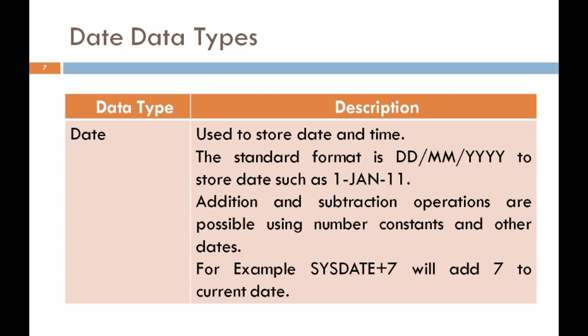We can also perform addition and subtraction operations on a current date or specified date using special functions, which are the date functions available in SQL. Using these date functions, we can perform this type of operation, like suppose we want to add 3 months to any date, etc. So we can add any date or month. Even if we want to subtract the date and month from a particular point of view, based on the date, based on the month and based on the year, we can do that as well.